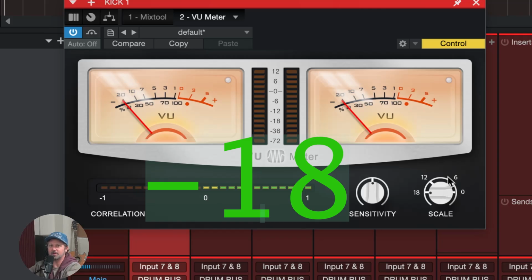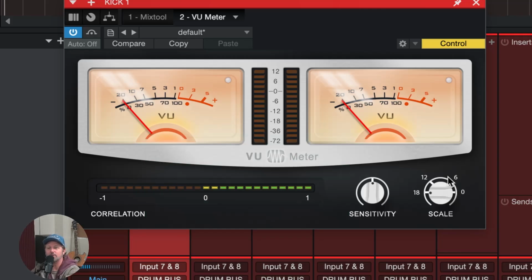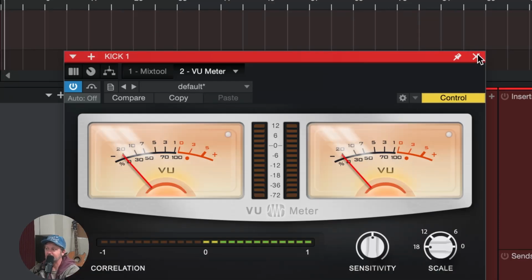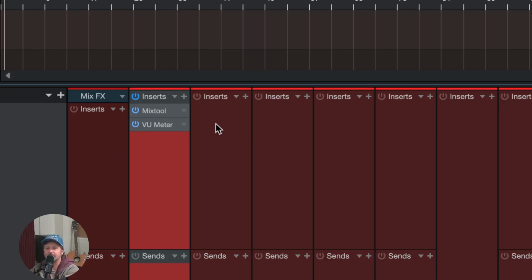Okay, that'll give you lots of headroom for the mastering process, and it'll make your mixes sound very organized and clean. Okay, this is the cool thing. We're gonna create a chain and we're gonna save it, and we're gonna add it to all of the tracks. We're only gonna have to make one chain because we're gonna save it and then add it to all the